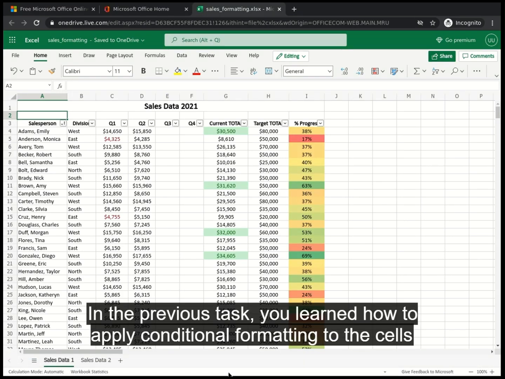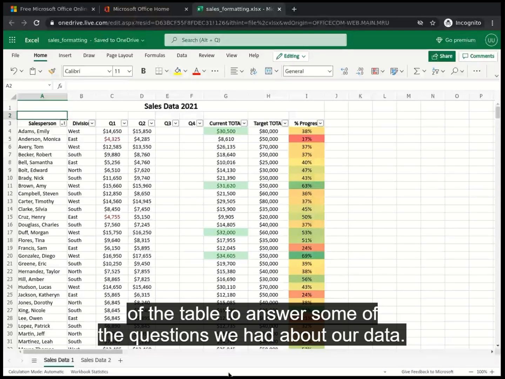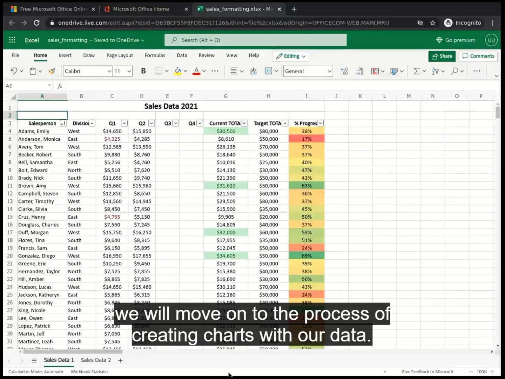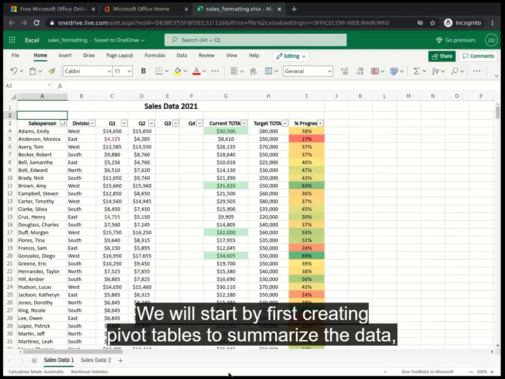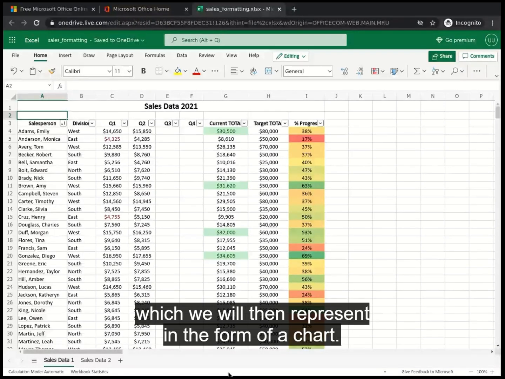Welcome back. In the previous task, you learned how to apply conditional formatting to the cells of the table to answer some of the questions we had about our data. In this task and the next task, we will move on to the process of creating charts with our data. We will start by first creating pivot tables to summarize the data, which we will then represent in the form